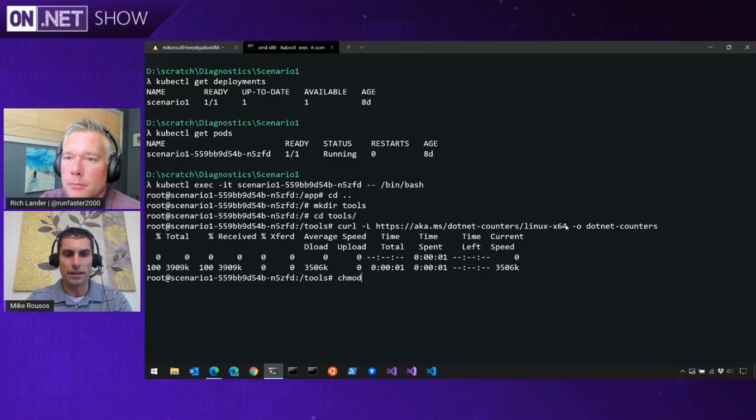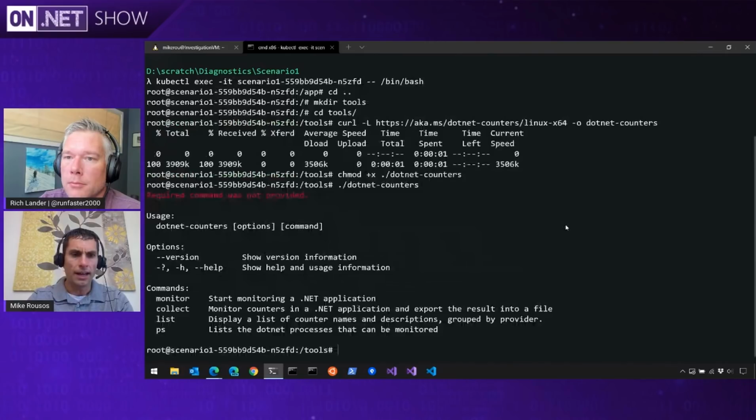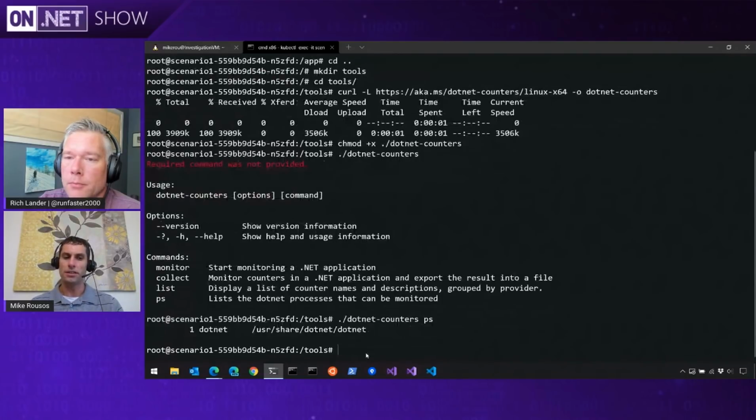We'll go ahead and mark it as executable so that we can run it. And then it's got a couple different commands. Sometimes you'll start with dotnet-counters ps to see the managed processes that are running that you could monitor. And in this case, we've just got process 1 because we're just running in a Docker container. So we'll go ahead and do a dotnet-counters monitor on process 1, and that's going to show us these